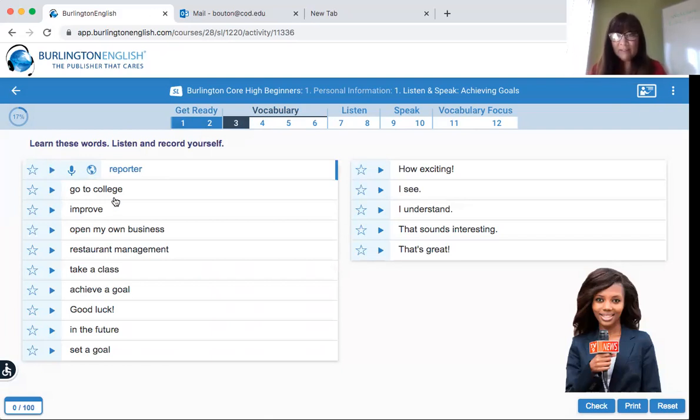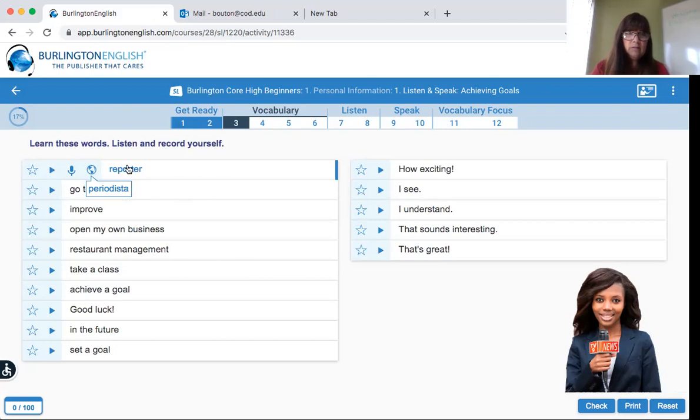Now my laptop is a little tricky, and I have to put my face way down here to the microphone to hear record. Reporter. And look, there it shows you in Spanish. For some reason it's not recording right now. I've had some issues with that in the past, but once we get to class, I'll work that out. Something to do with what's inside my computer not exactly working right, but we will get through that. But here you can hear reporter, okay?